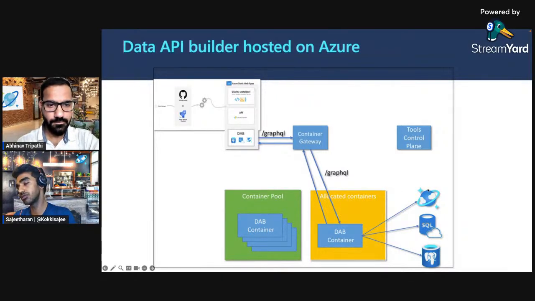We let the user decide the creation of the database, because they might need to connect to an existing Cosmos DB account. So depending on where the database is, you need to create those static web apps nearest to that region. Okay. Yeah.